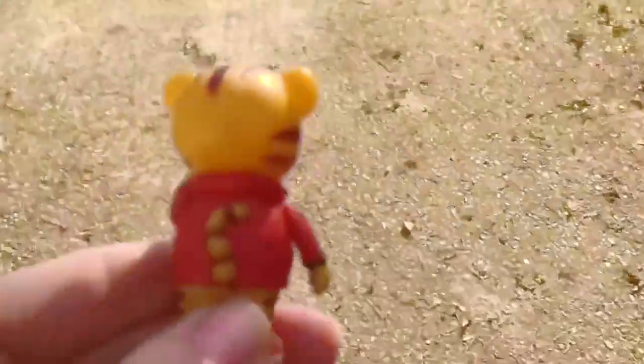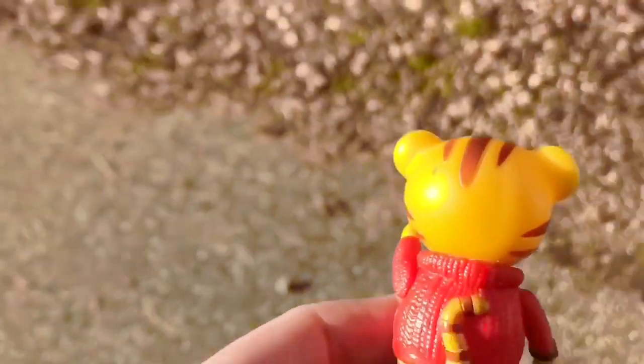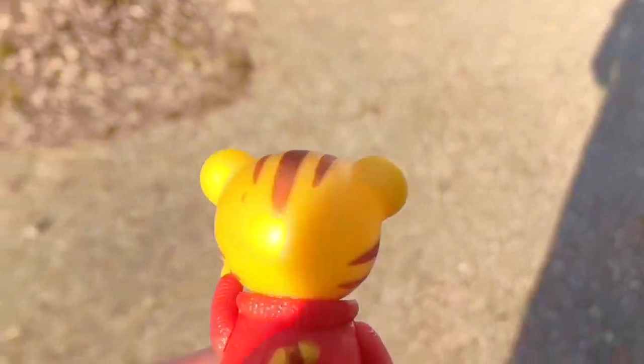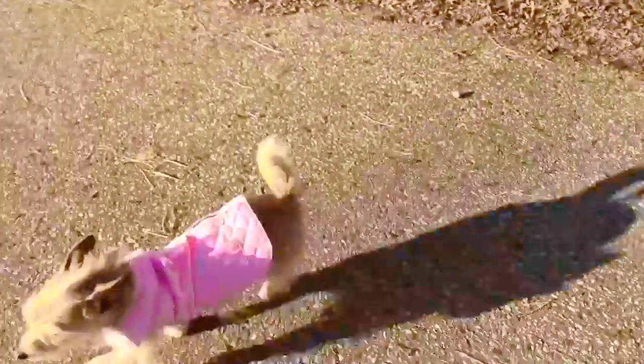It's so beautiful out. I'm wearing my sunglasses, my winter coat, and I have my gloves with me. Come on, puppy. Let's get you on the leash. Puppy needs to be on a leash so he doesn't run out into the road and get hit by a